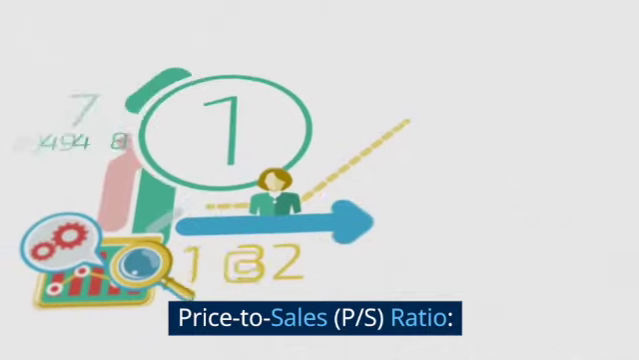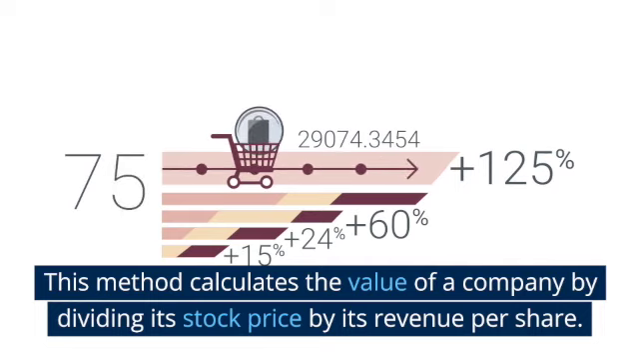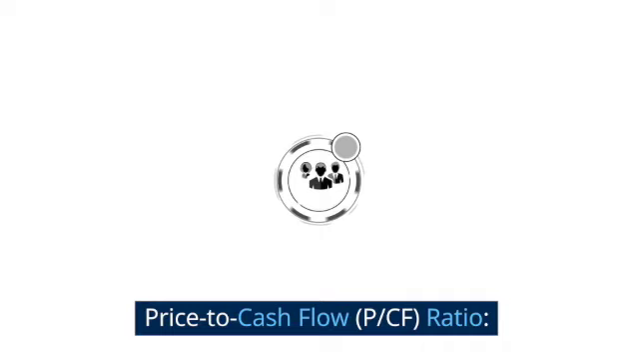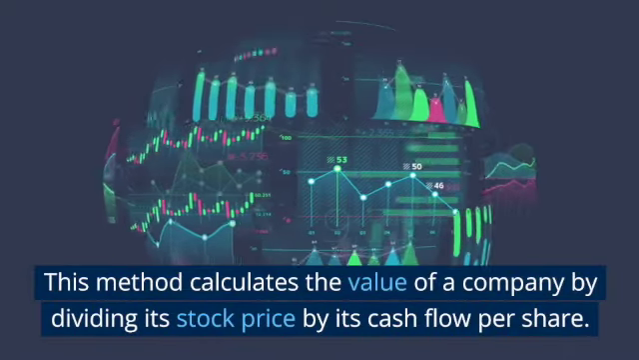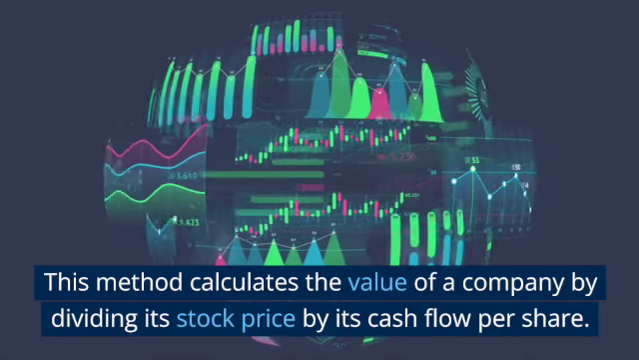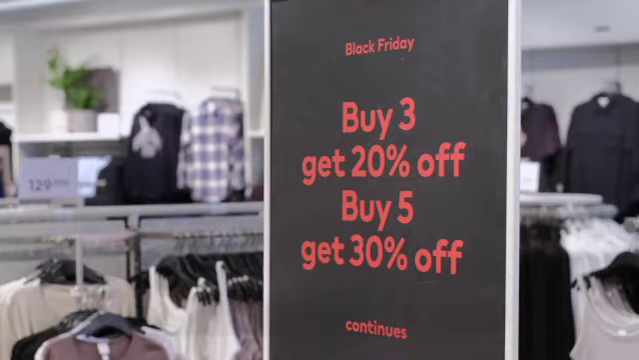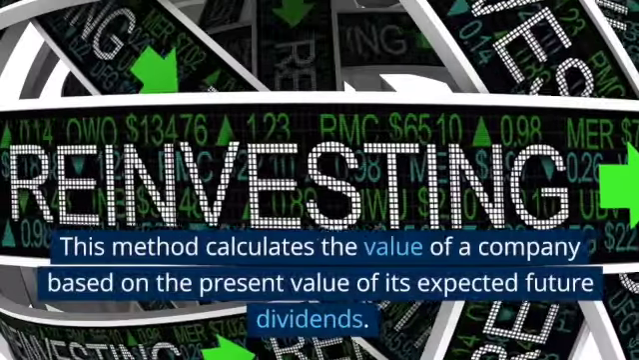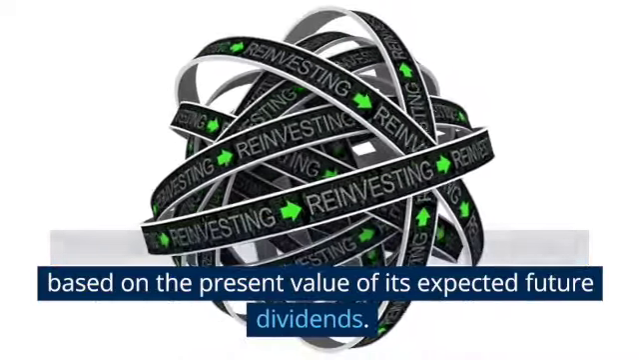Price to sales (P/S) ratio. This method calculates the value of a company by dividing its stock price by its revenue per share. Price to cash flow (P/CF) ratio. This method calculates the value of a company by dividing its stock price by its cash flow per share. Dividend discount model (DDM). This method calculates the value of a company based on the present value of its expected